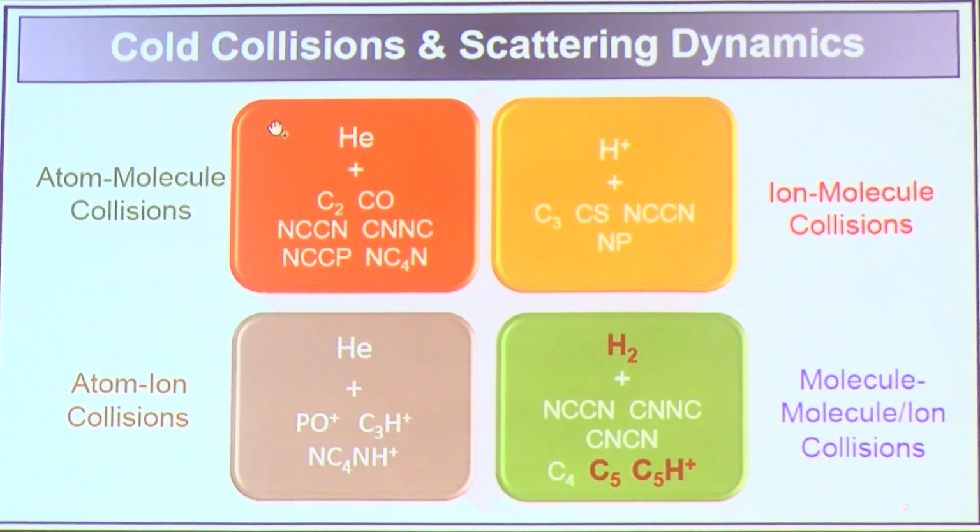So we choose the molecules detected and then study their scattering dynamics with helium and hydrogen molecule or with proton. Today I'll be talking on hydrogen collision with linear carbon chain, specifically C5 and C5H+ ion, which has been detected recently in ISM. And I'll also be giving the comparison between the 2 systems